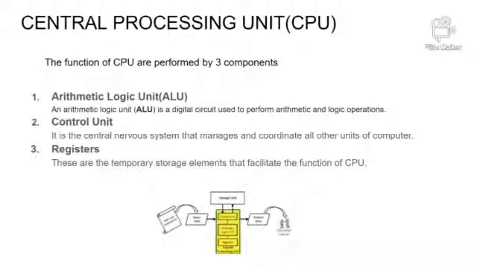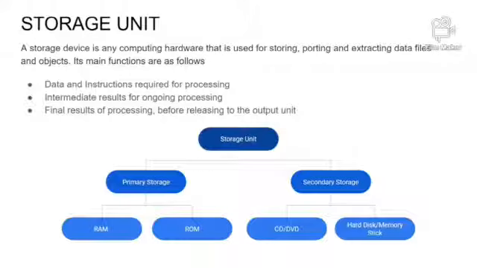Moving further. As we have already said, the data and instructions are entered into the computer through an input unit. These data and instructions are stored inside the computer before actual processing starts. Similarly, the information or results produced after processing are also stored inside the computer. If there are any intermediate results, those must also be stored for further processing. Whatever I have explained now has been shown on the screen as bullet points for your easy reference. So, have a look at the diagram on the screen.